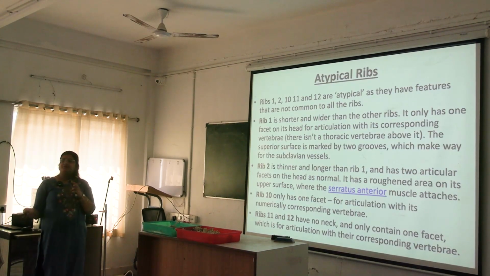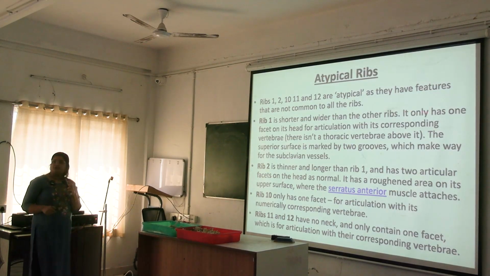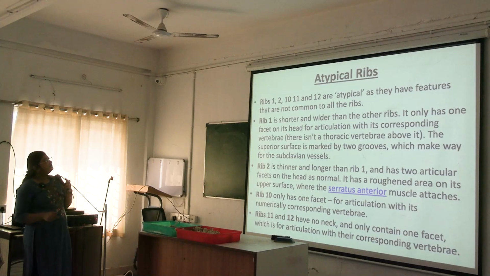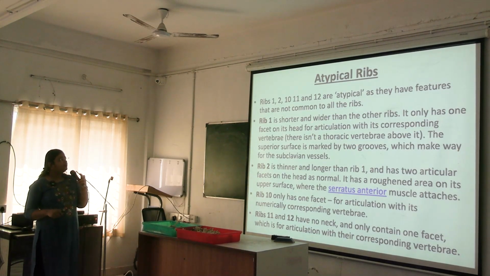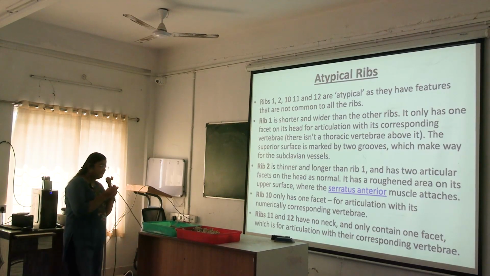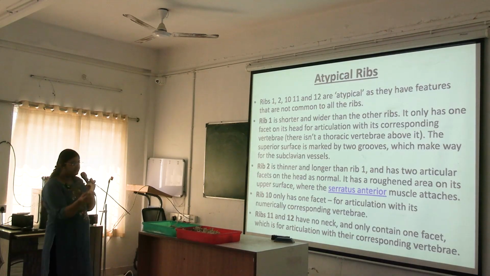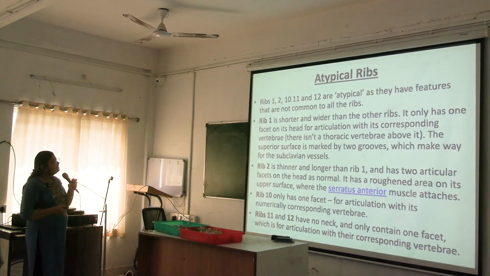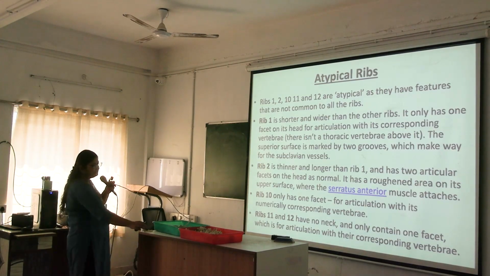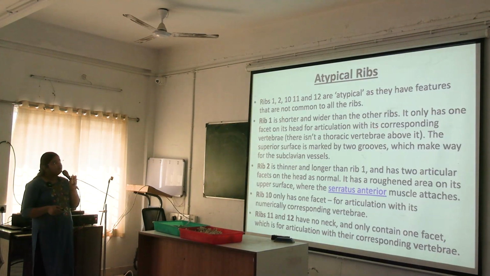Next we are going to atypical ribs. The first, second, 10th, 11th and 12th are atypical ribs as they have features that are not common to all the ribs. So the first rib is shorter and wider than the other ribs. See here, this one is the first rib. It only has one facet on its head. You can see only one facet at its head for articulation with its corresponding vertebra,